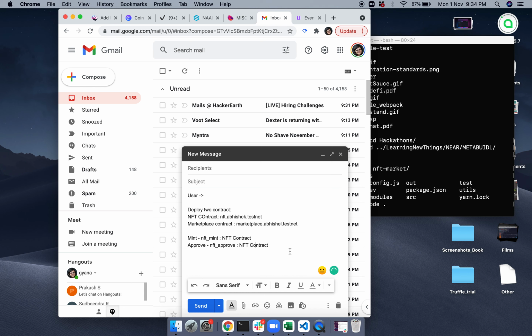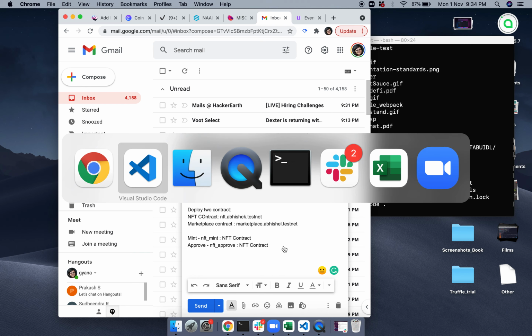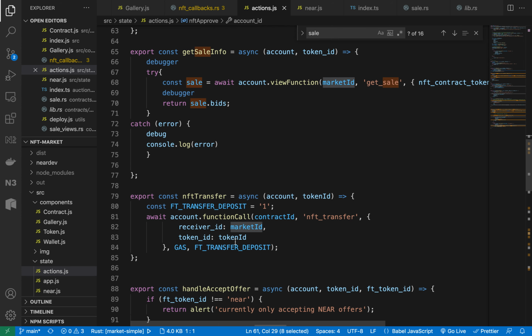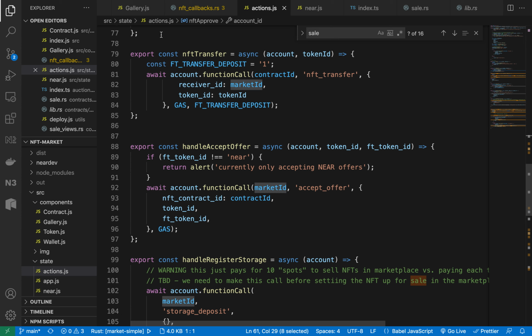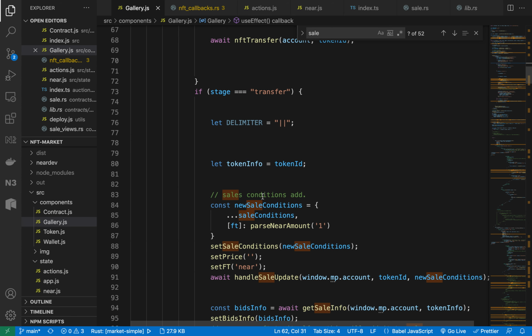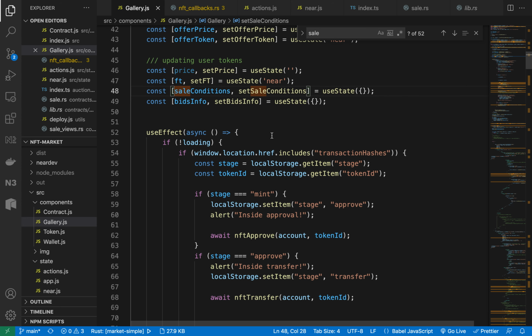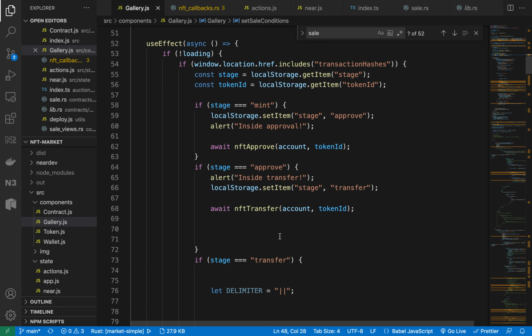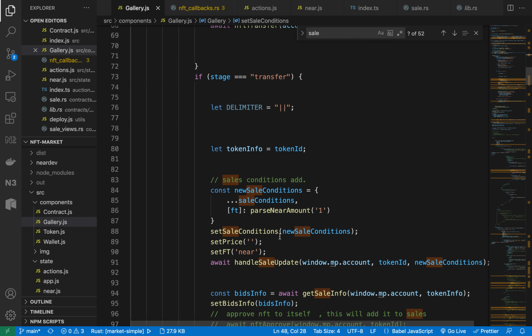So now we have minted, now we have approved. The next thing would be to set the NFT itself for sale. How can you do that? You can call the update price function and set the sale conditions. If you see set sale conditions, you are setting the sale conditions to include things like what should be the royalty and what should be the price.